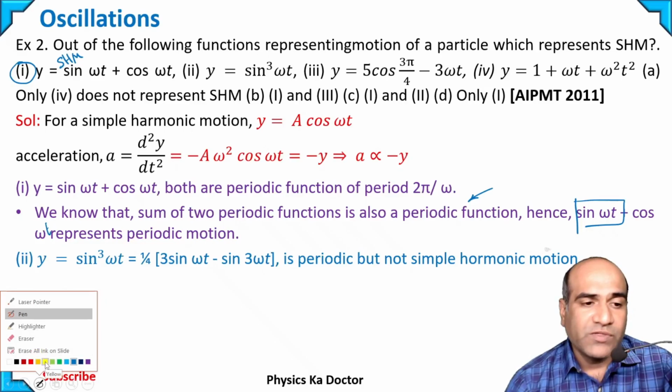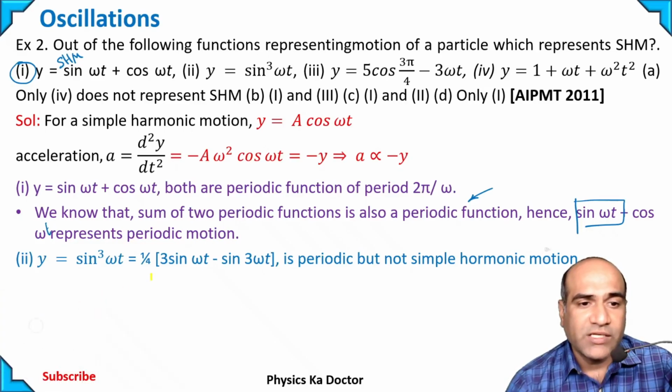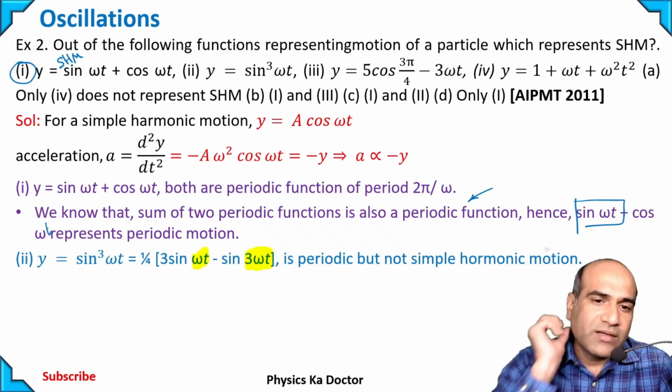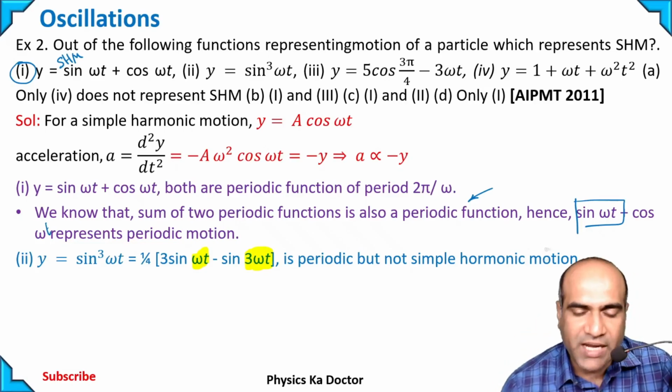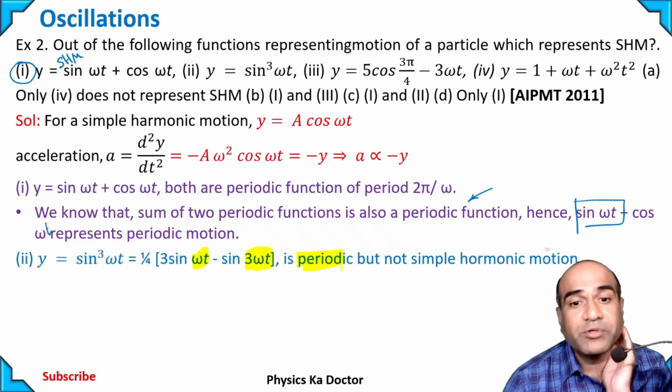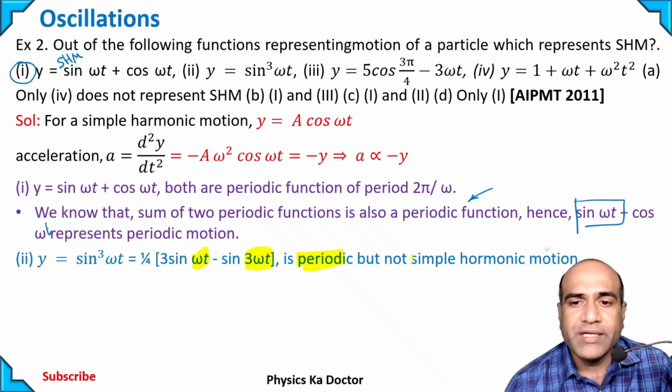Now here there is a difference in angle. There is an angle omega t and there is an angle 3 omega t. If these angles are not matching, then it cannot be simple harmonic motion. It can be periodic, it can be repetitive motion, but not a simple harmonic motion. So it is not a simple harmonic,